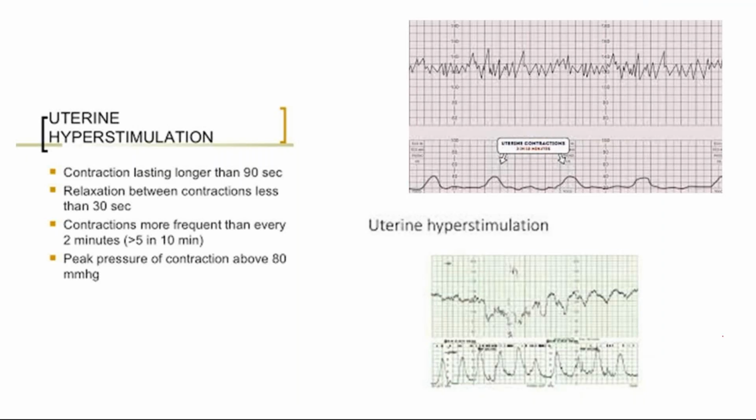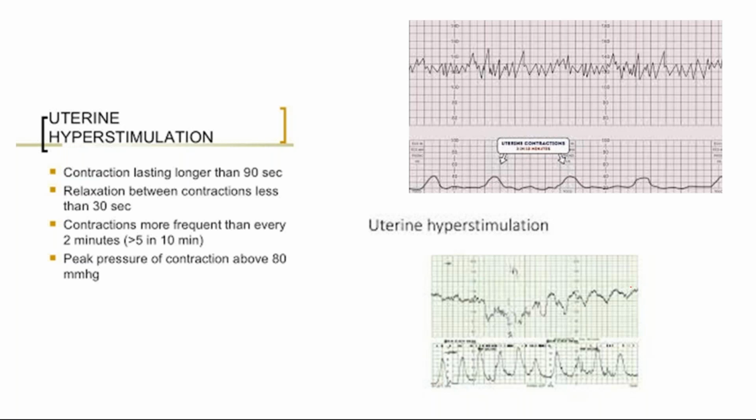So this is how a normal uterine contraction should be. This is a normal fetal heart. Then this is hyperstimulation associated with deceleration in the fetal heart. So it becomes very easy nowadays when you are monitoring a patient in labor with a cardiotocogram. It may be continuous or it may be an intermittent CTG, right? Because you have too many patients in the labor room and you have one or two machines, because the machines are very expensive. So you just put it on a patient for some time, for half an hour or so, and if the graph is okay, then you can shift to the next patient.